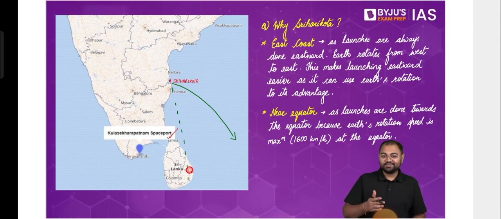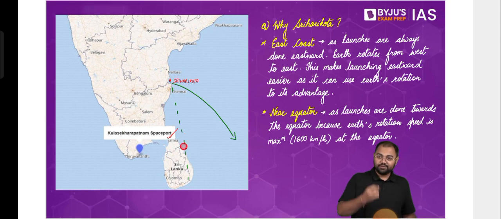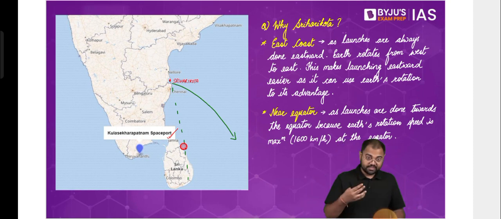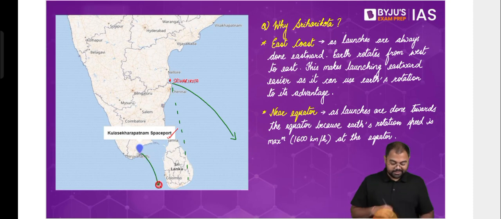And because of that, we cannot directly fly towards the equator. We cannot fly over Sri Lanka. We'll have to avoid that. And because of this, now you have to take a longer route. Correct? You have to take a longer route. So that means extra fuel. That means extra expense and all these problems. So that's why Kulasekara, because from Kulasekara very easily we can do this kind of a launch without having to fly over the Sri Lankan landmass. So that is why Kulasekara is the next spaceport that India has been working upon.